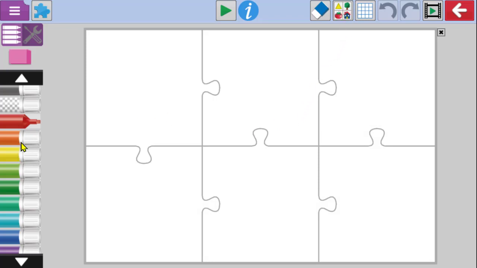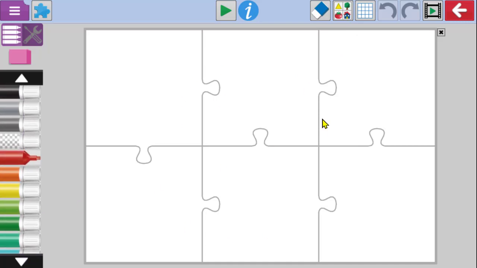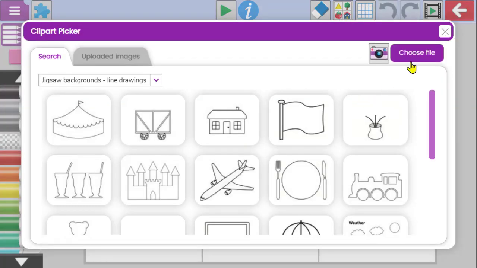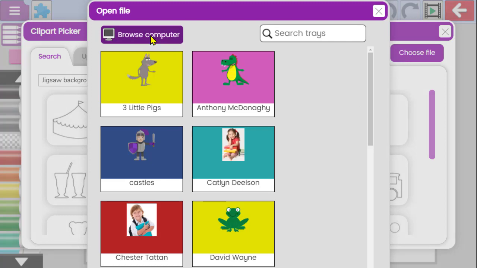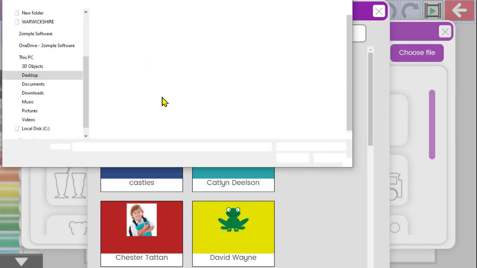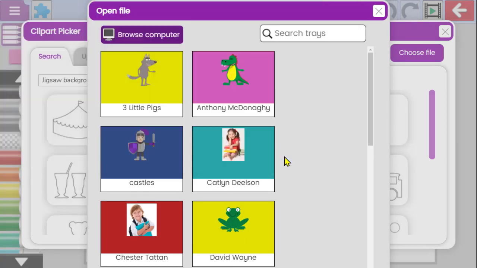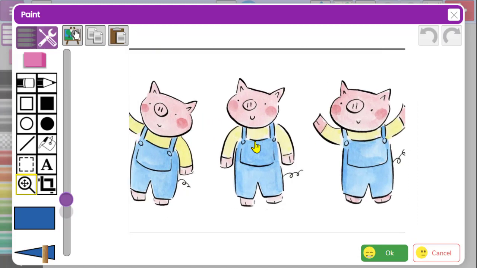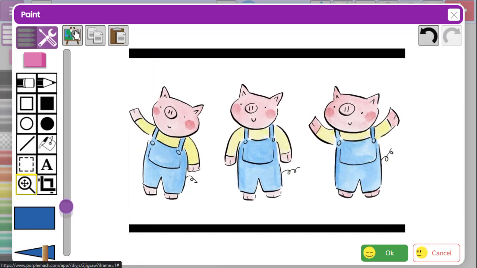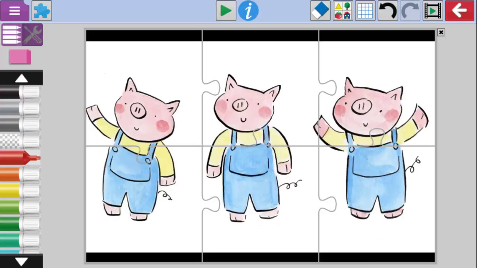then I can either draw using the tools on the left-hand side here, and the children can piece together my drawing. But just to make it look a little bit more professional, I'm going to choose a file that I've saved from my device. You might also want to make a jigsaw out of the children's drawings they've created in their trays, which you can do as well. But here I'm going to add this picture of the three little pigs into the jigsaw,